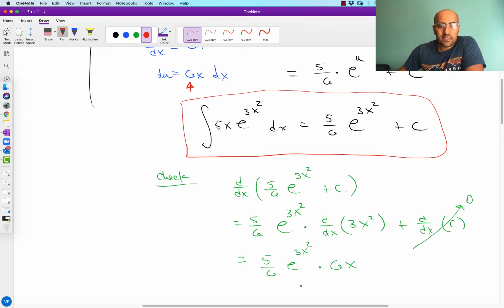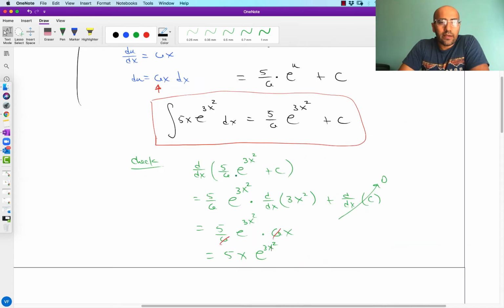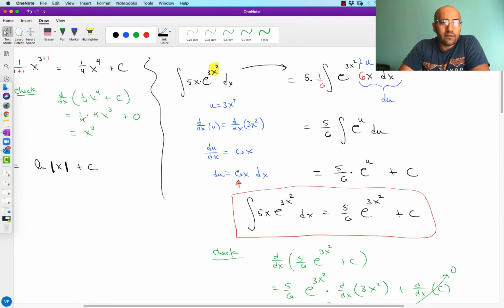And now the 6's cancel, giving me 5x, right? Giving me exactly what I expected. 5x e to the 3x squared, right? Just as I had suspected. So it works out. Great, so we have the substitution rule, and that helps us solve a lot of stuff,